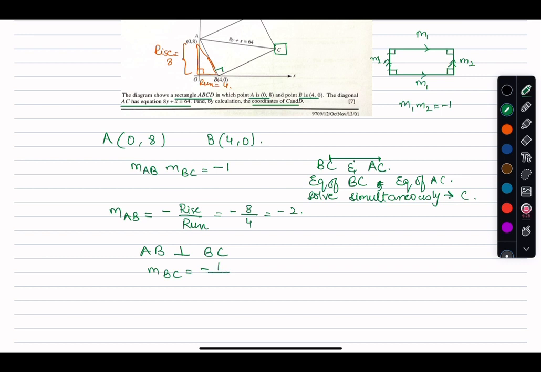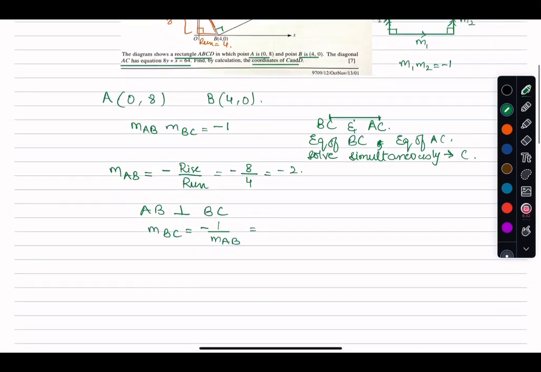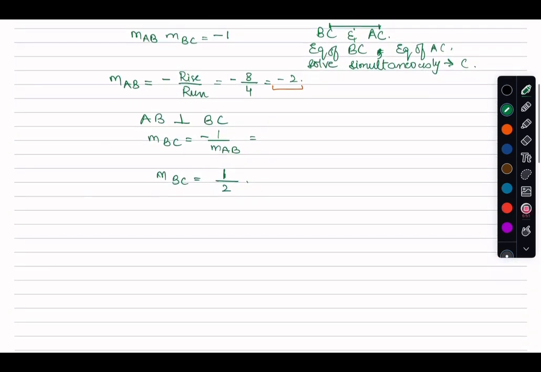Therefore, AB being perpendicular to BC, the gradient of BC needs to be the negative inverse of the gradient of AB. In other words, if the gradient of AB is negative 2, then for BC the gradient should have the opposite sign, which is positive, and it should be 1 over 2 here. So I have the gradient of BC, and to get the equation of BC,